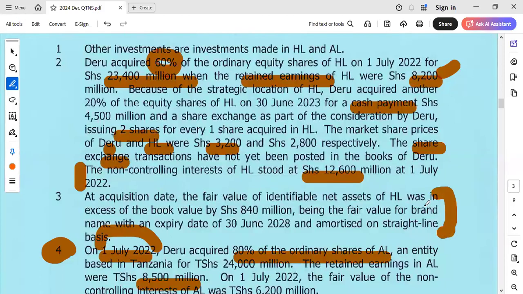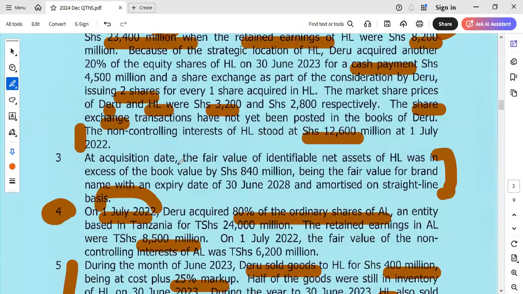Yeah. Paragraph number 3. They are telling us that at acquisition date, the fair value of identifiable net assets of HL was in excess by 840 million, being the fair value of the brand name. That is an intangible asset with an expiry date of 30th June 2018 and amortized on a straight line basis. So it means that